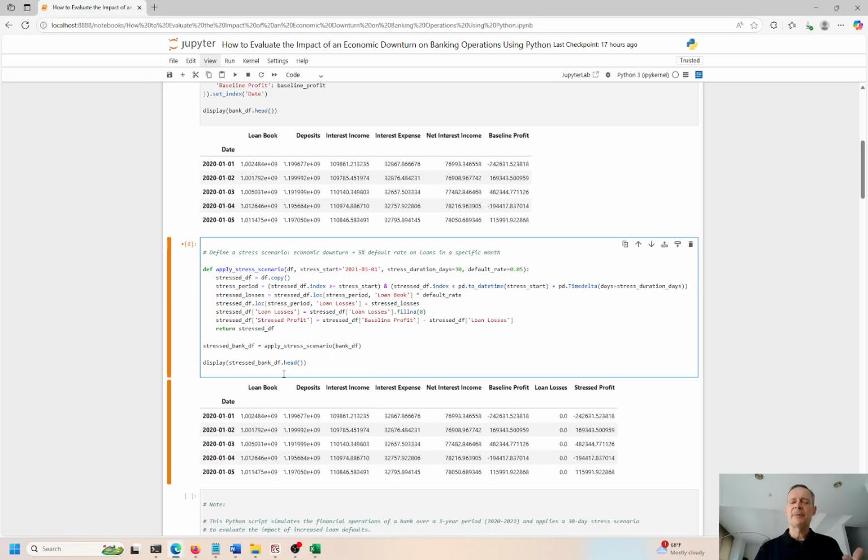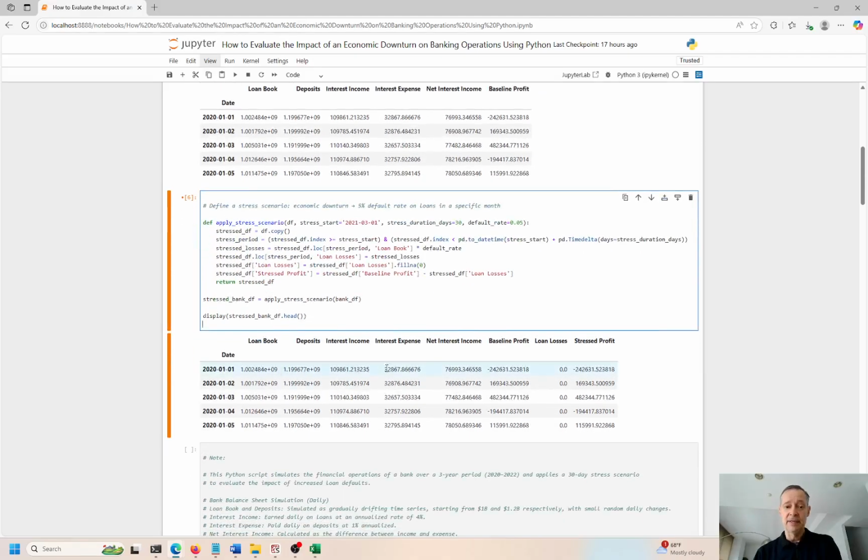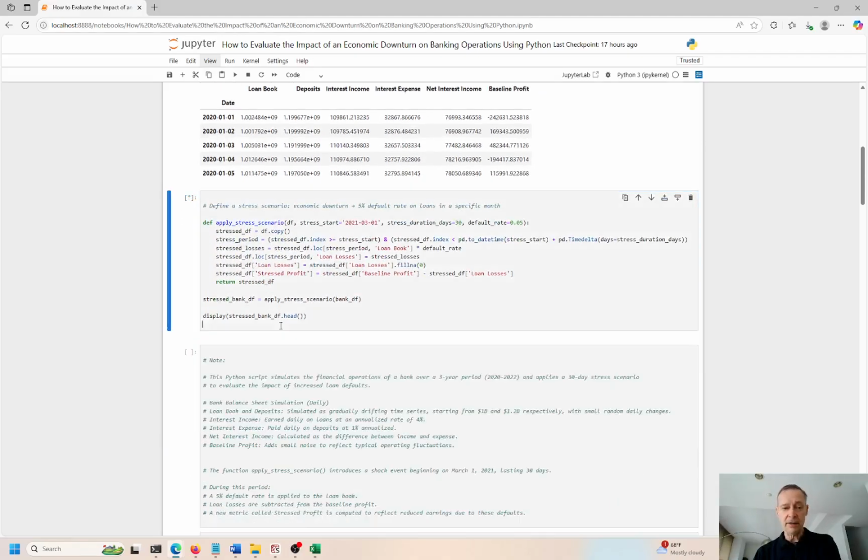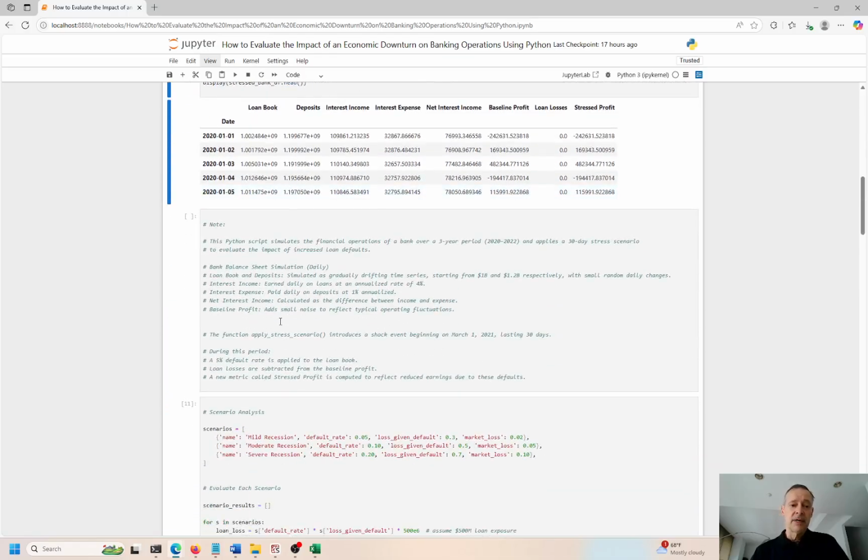What can we hypothetically test, right? We want to do a test scenario and see what kind of impact that can have on our bank, right? Because it's very important to the operations of the institution. So we have that, and this Python script simulates financial operations of a bank to evaluate the impact of